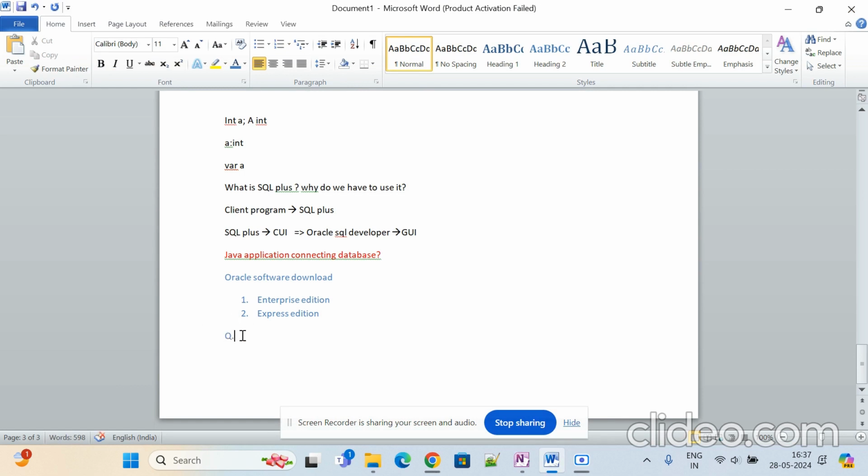And I just want to increase the font size a little bit. Yeah, so this is my question, and what I want to get displayed: display the list of employees